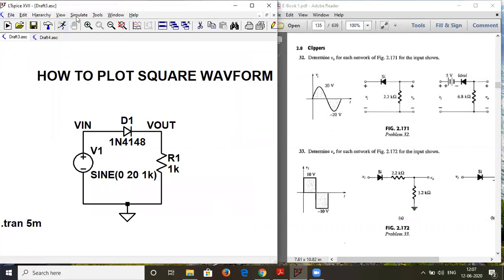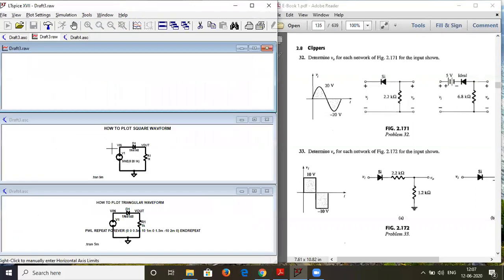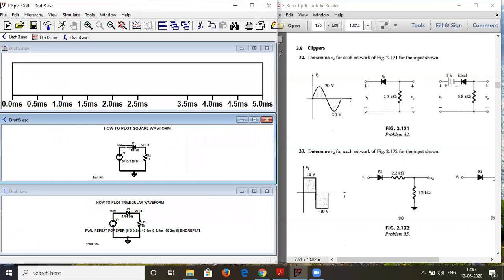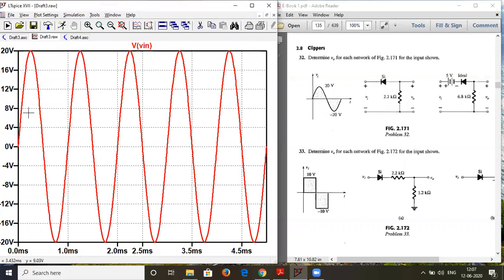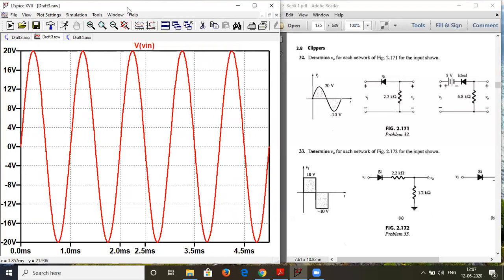And when I plot this waveform, let me just plot and show it to you. Yeah, see. So try to keep it not more than 5 cycles. As you can see here, you can see 5 cycles of sine wave. So it's starting at 20 and it's ending at minus 20. That's what you have to do exactly. And also while plotting the waveforms, make sure that this text is around 14.